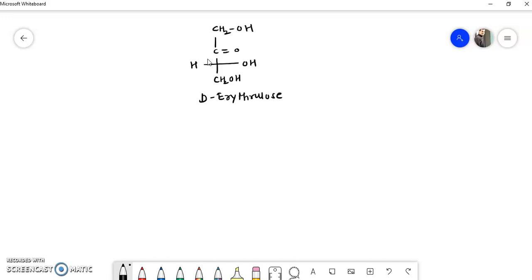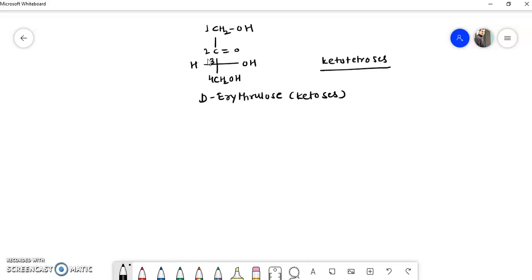Okay. Why is it called a ketose? Because there is a carbonyl group. It is a ketose. So in ketoses, if we count the number of carbons from here, this is carbon number 1, this is carbon number 2, this is 3, and this is 4. So at the 2 position there is a carbonyl group. So they are called ketoses, and the total number of carbons is 4. So they are also called ketotetroses. This class of ketoses is known as ketotetroses, tetrose for 4 carbons. Okay. So this is D-erythrulose.